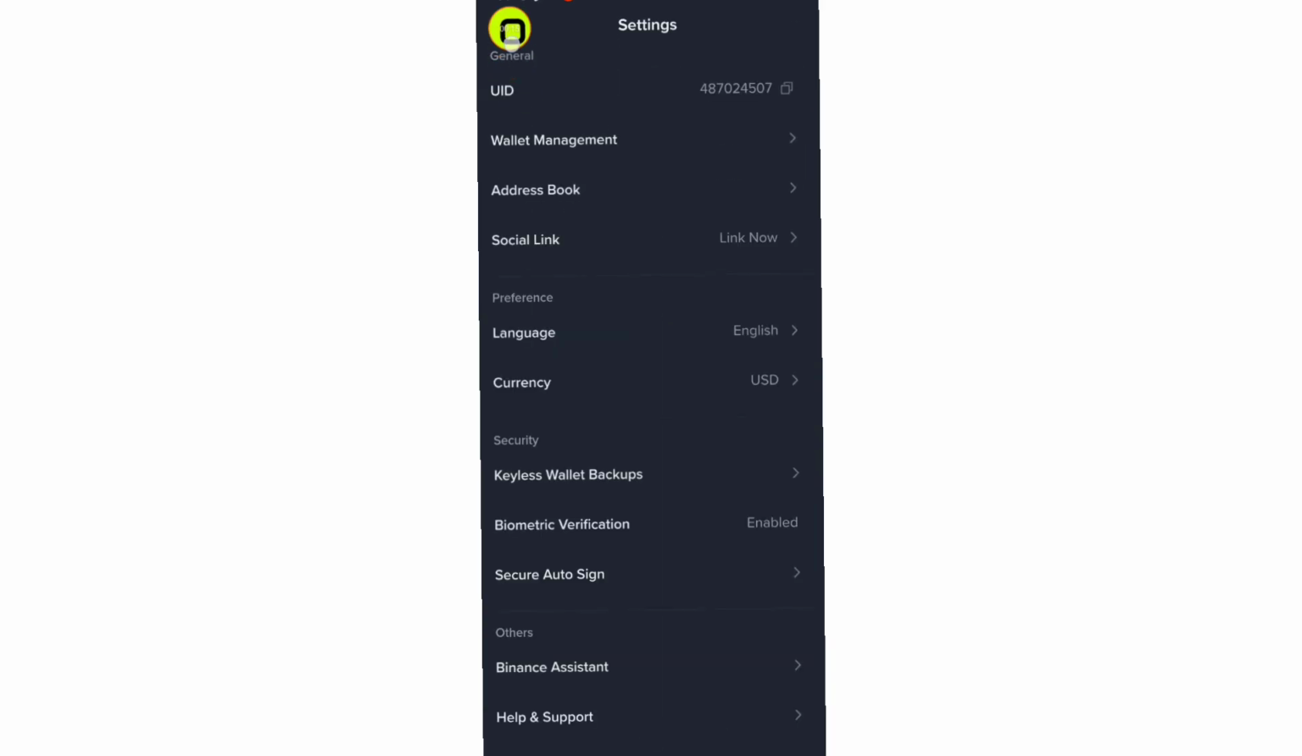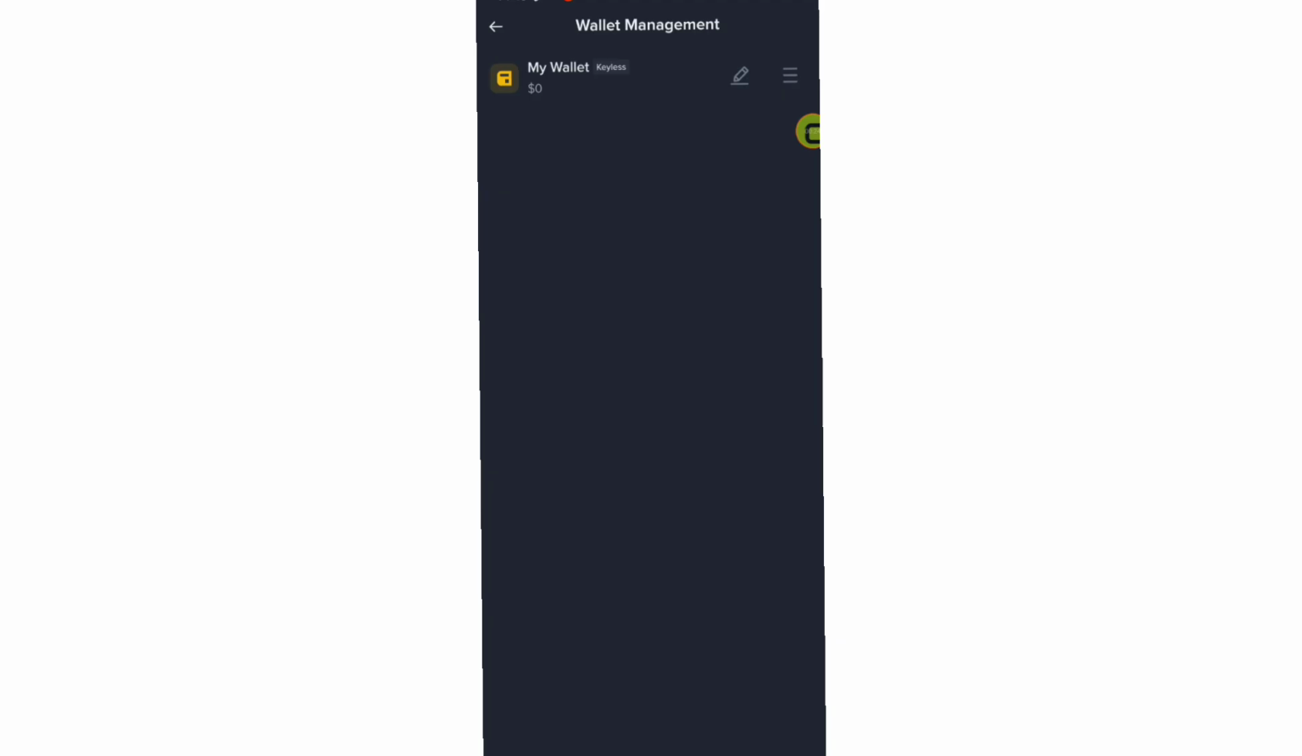So after you go to the menu at the top left side, from there you tap on this option, wallet management. So under the wallet management, as you can see now, if I tap on this pencil icon,